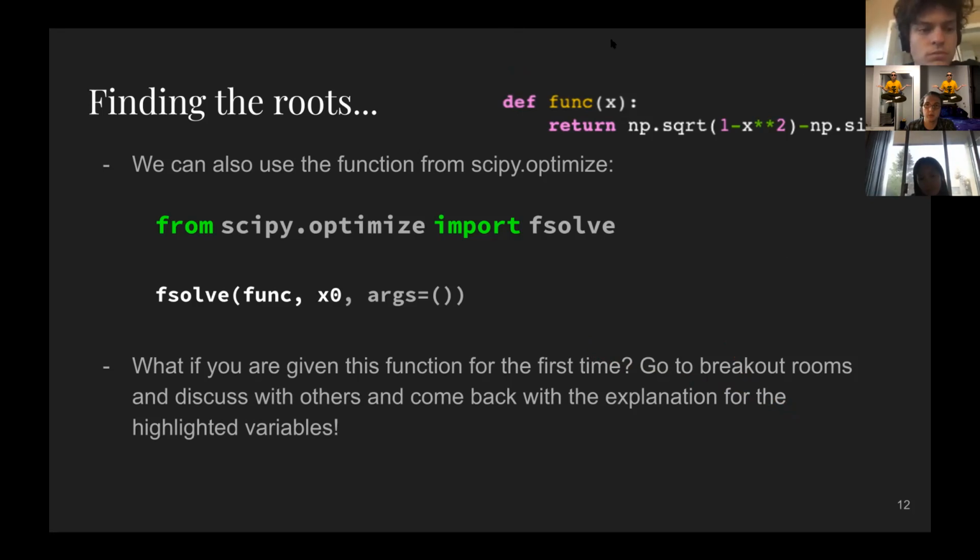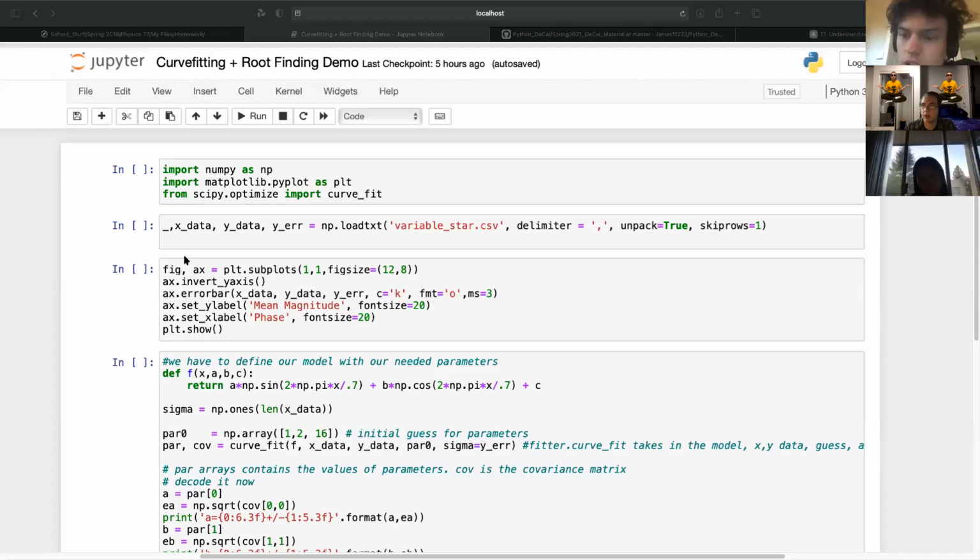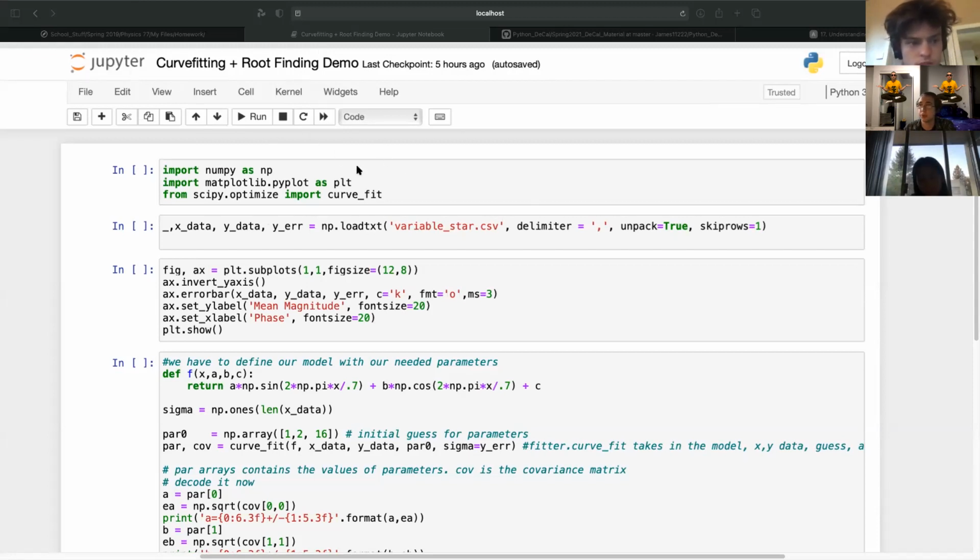So I'm going to do a new share. I kind of have it all ready to go. Can everybody see this Jupyter notebook? Also, is it big enough for everybody? Should I zoom in a little bit more? Please write in the chat, let me know.